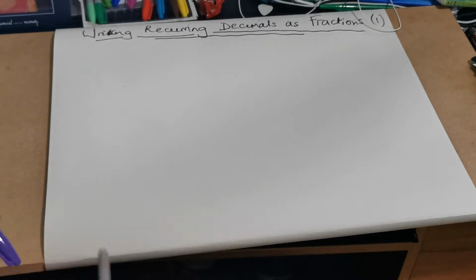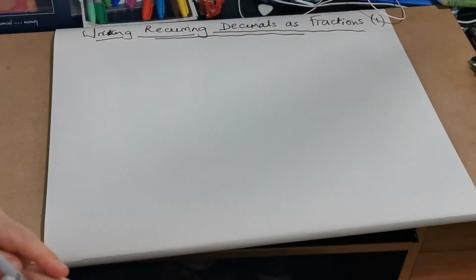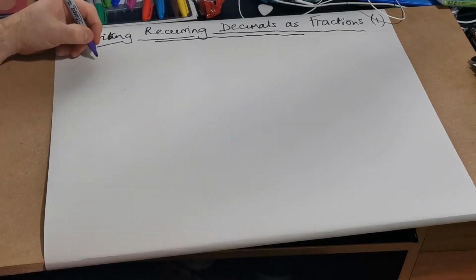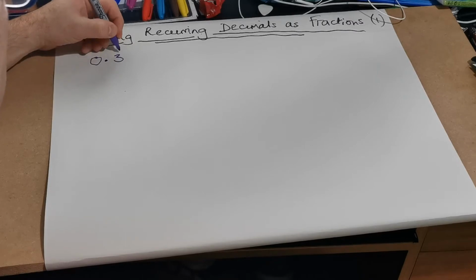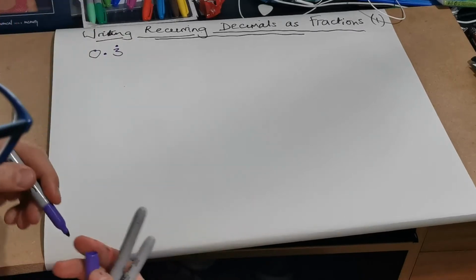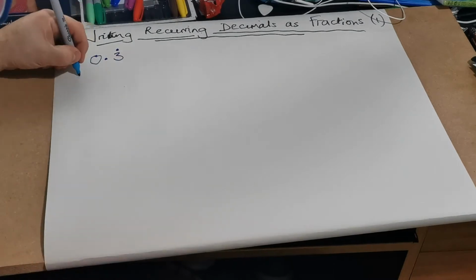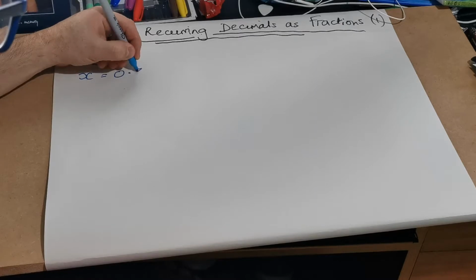Hi guys, I'm continuing our theme of writing recurring decimals as fractions. I'd like to start off with a simple one that you all know, and that is 0.3 recurring. Now I'm going to say that x is 0.3 recurring. I'm going to write it